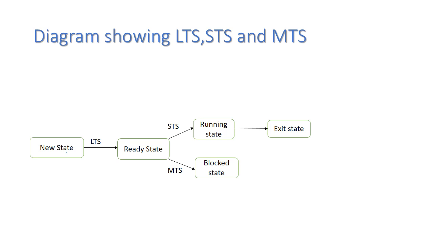And the medium-term scheduler, what it does is, when the process wants to perform some IO operation, at that time the medium-term scheduler takes that process to the block state. That is called the block state or the IO waiting state, meaning the process is performing the IO operation. And when the running state gets over, when the process finishes its execution in the CPU, then it goes into the halt state or